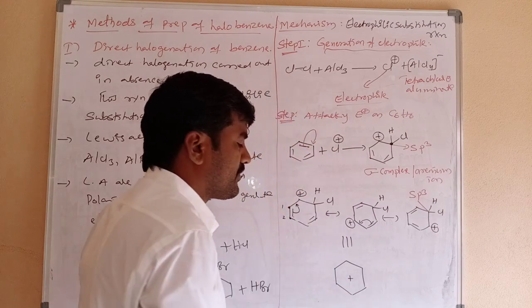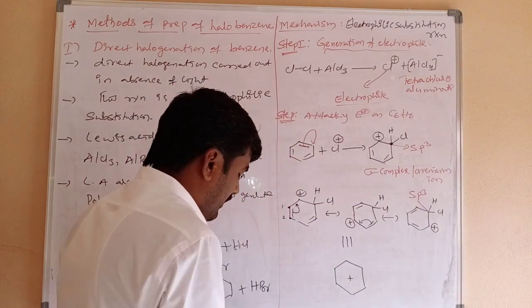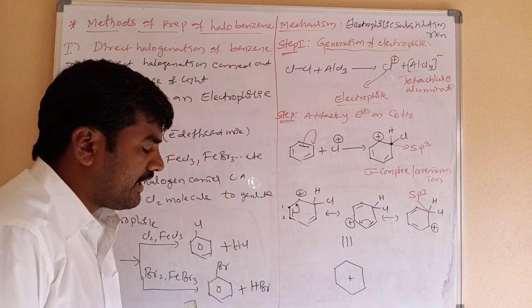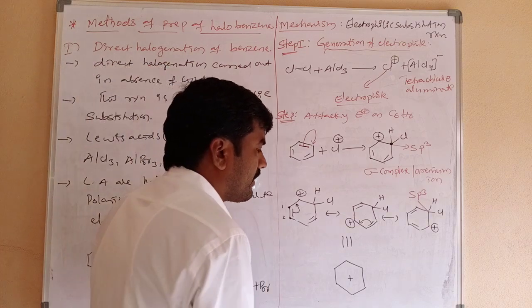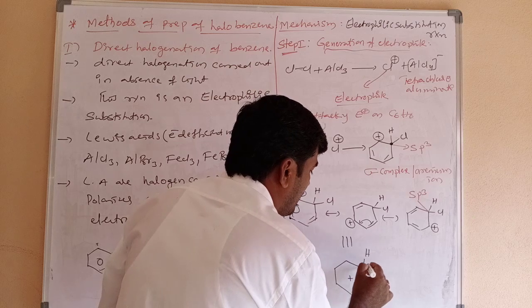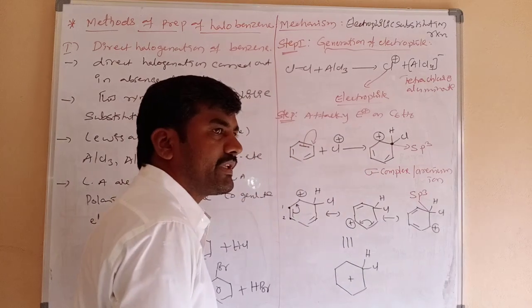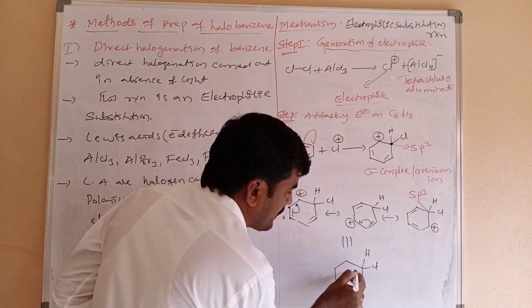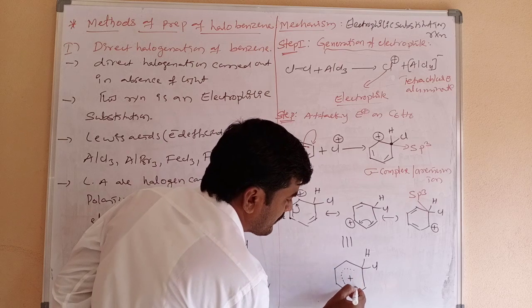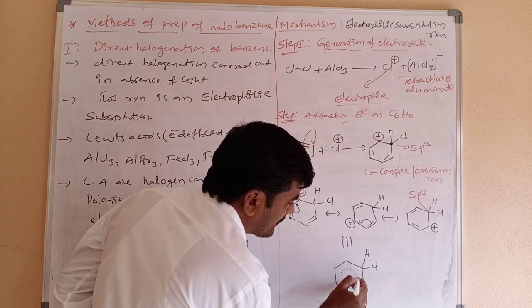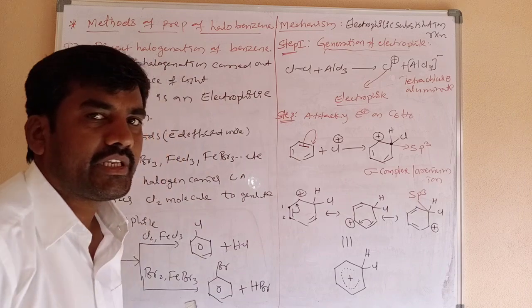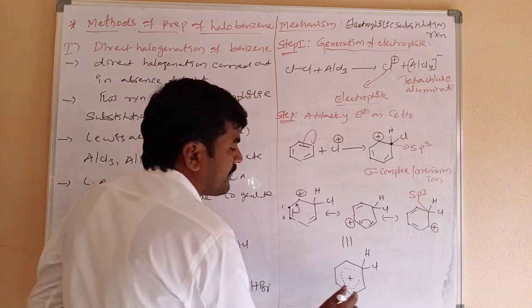Initially I am writing the positive charge. Clear? Now the delocalization is not completed between all carbon atoms. It stops at the sp3 hybridized carbon. So resonance stops here, like this. Resonance is completed up to here, and stops here because of the sp3 hybridized carbon. This is the resonance hybrid